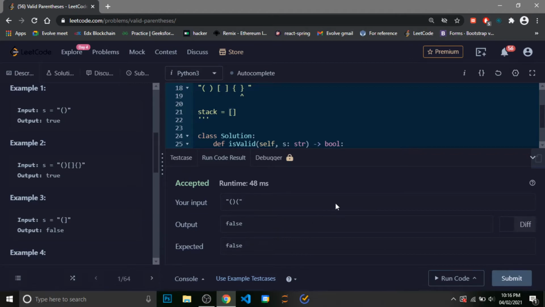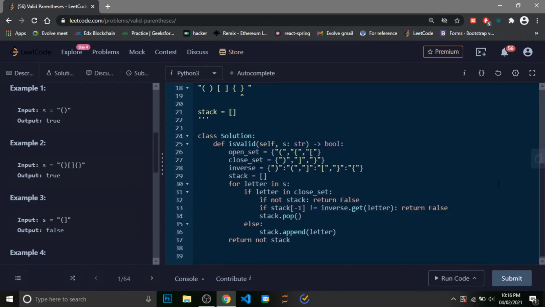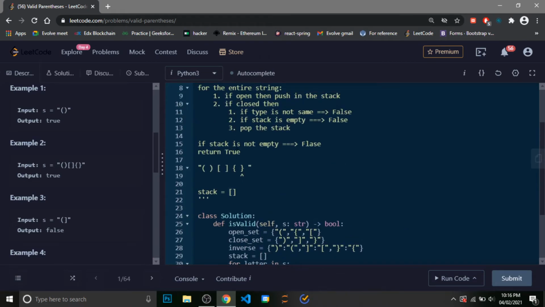Yeah, our code is correct. Okay, so now let's see how to make this code a little bit faster. First of all, we can initially check if the length of this string is an even number. If it's an odd number, then we can be sure that it's an invalid parenthesis string. So if it's an even number, or if the length is 1,